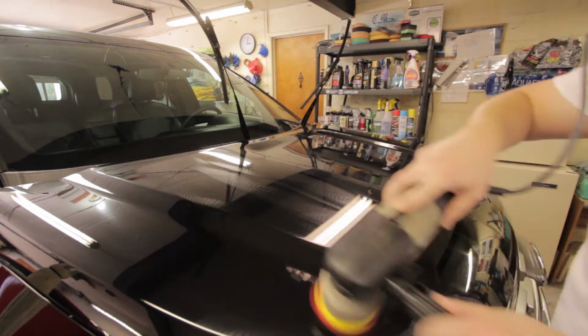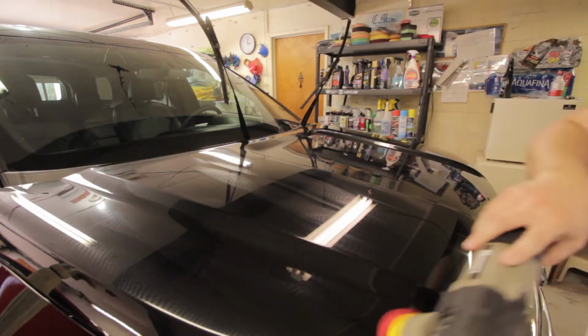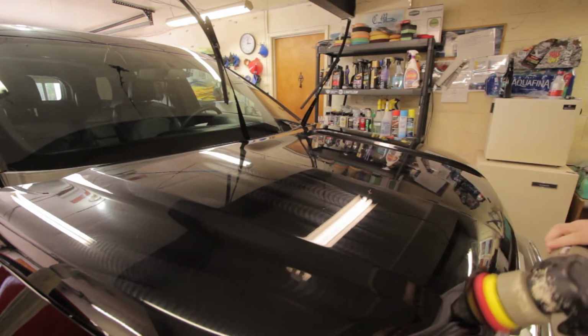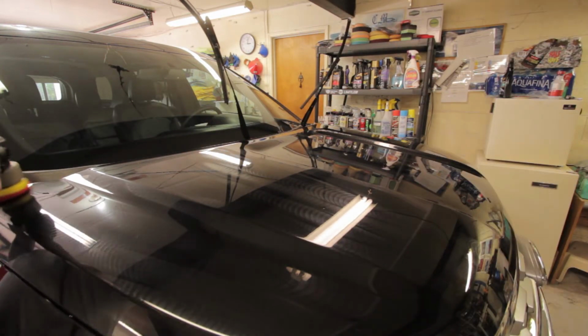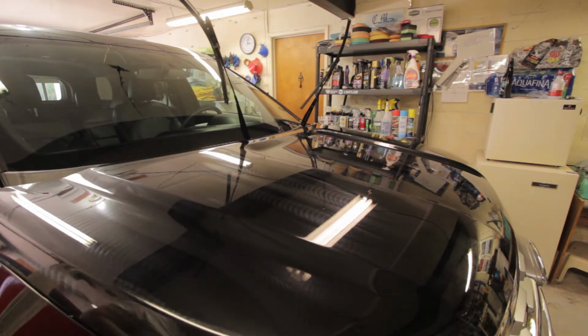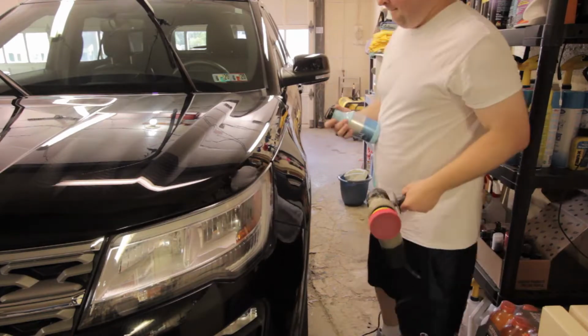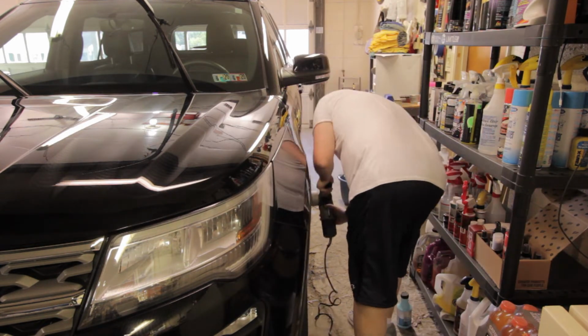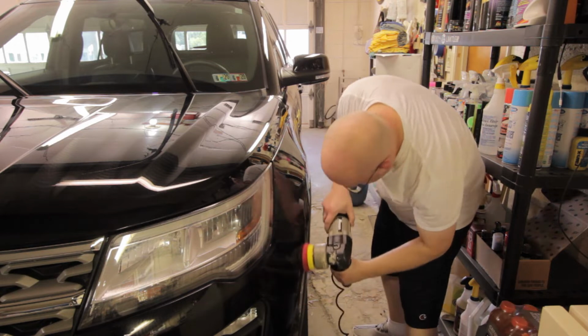Yeah, that's what I'm talking about right there. That is so beautiful to look at. I don't know why. Maybe it's just a detailer thing, but there's just something so sexy about seeing that pattern in uniform all over the hood. So here I am, just going to be finishing up the rest of this side of the car while